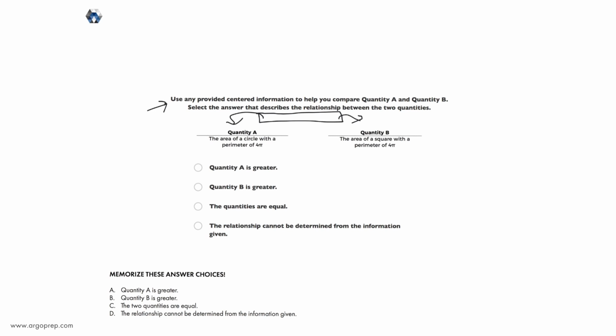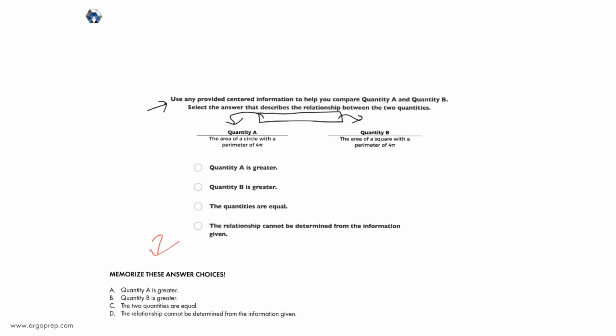So I'm not even going to read this question because right now the main thing is what can you do to prepare for these types of questions? And the first thing you need to do is this over here. Memorize these answer choices. It's not difficult. This should take you less than 1 minute to memorize. It's very simple, but you should memorize it because this answer choice order is always the same in all types